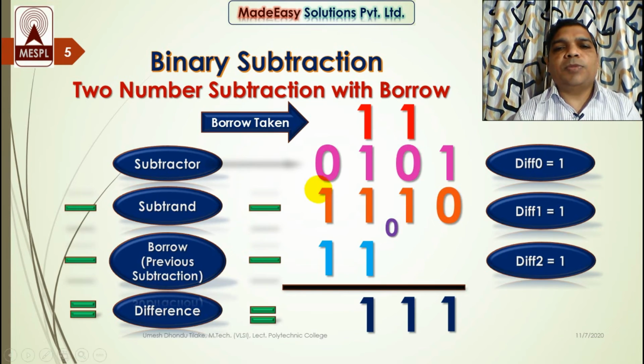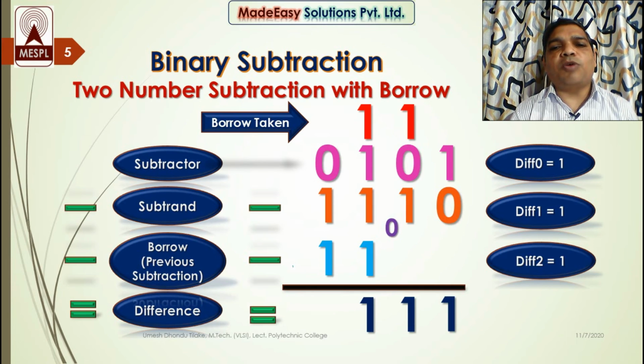Now subtract the MSBs. So subtract 1 from 0. Can we subtract now? No, we need to take a borrow, but we don't have a next significant bit to take a borrow from. So what will you do? As we have seen in the video of decimal subtraction, the borrow technique fails, and here we cannot use the method we use in conventional decimal subtraction. That means reverse the subtractor and subtrahend and give a negative sign to the result, because everything is represented by bits, even symbols are represented by bits. So here we have to use bits to represent signed numbers also, and that is why we use complement techniques in binary subtraction. Meanwhile, we will see what result we would have got if we consider the borrow.